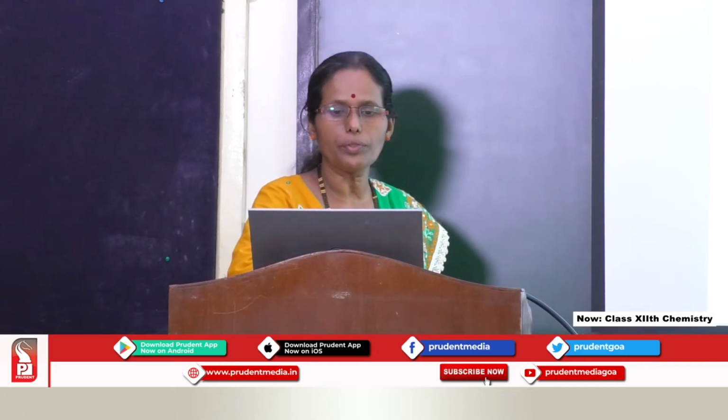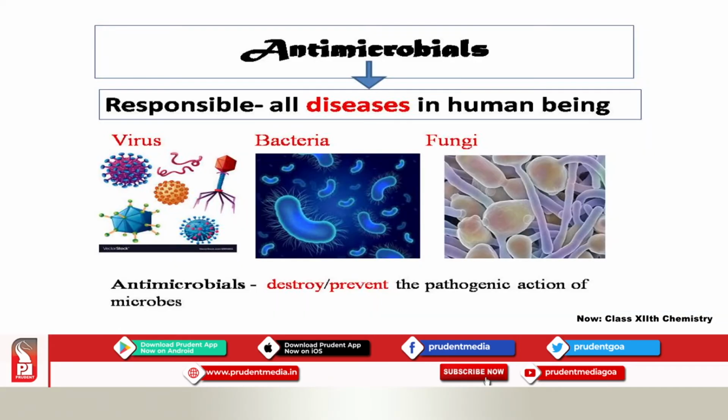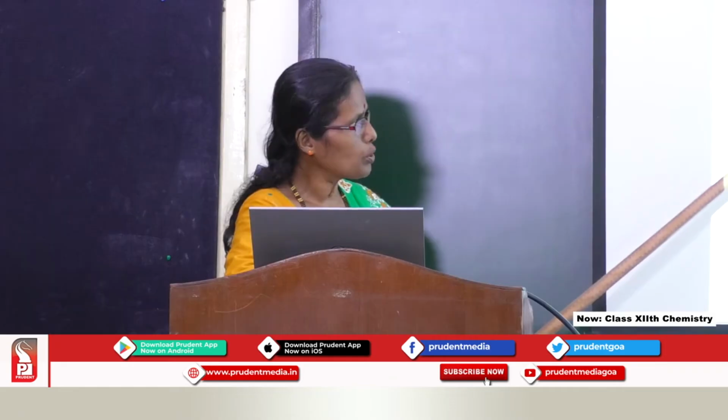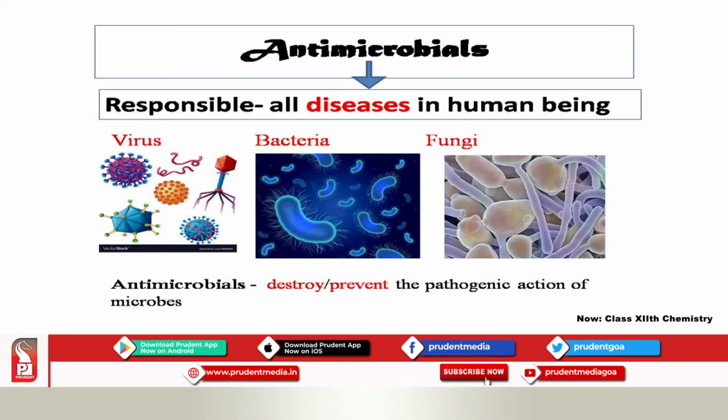The next class of drugs that we have are antimicrobials. Microorganisms are responsible for almost all the diseases in human beings. We have microorganisms like virus, bacteria, fungi, parasites. Parasites are like malarial parasites. Virus, as you all know, is very common nowadays, coronavirus. They require a host. Once they get a host, they develop inside the body of the host, sometimes killing the host. Examples are diseases like common cold, influenza. These are caused by viruses.